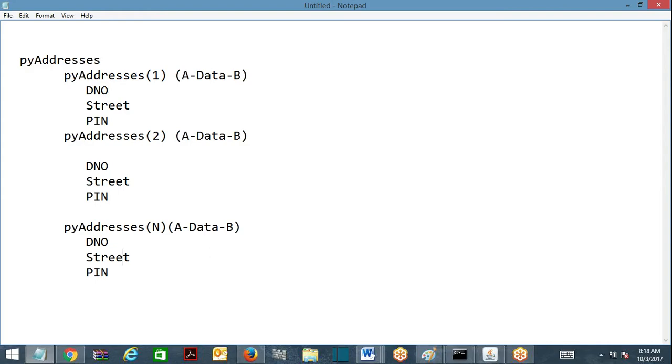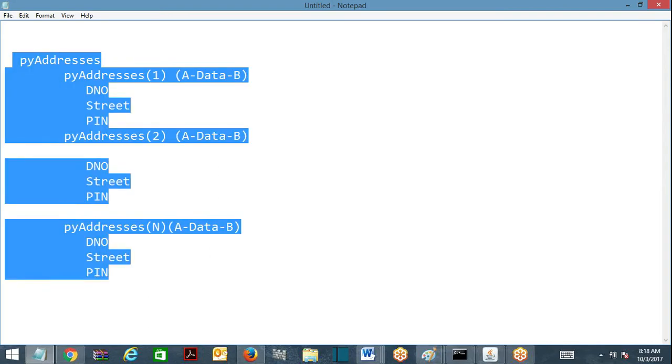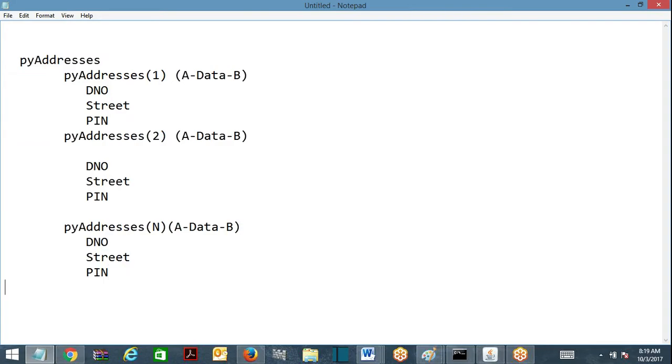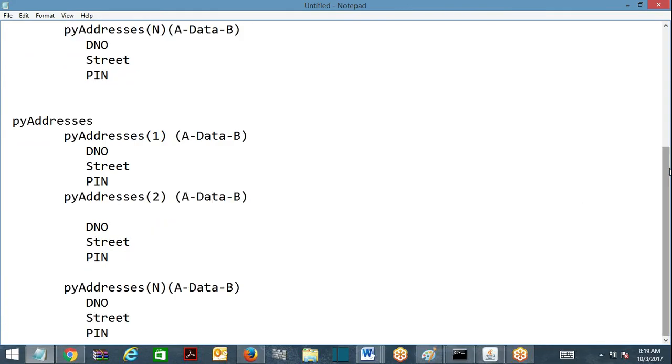So now I am going to create, for the same purpose, a page group. Now your py addresses is the page group. Now page group will be available instead of index, with a name: office, home, permanent.